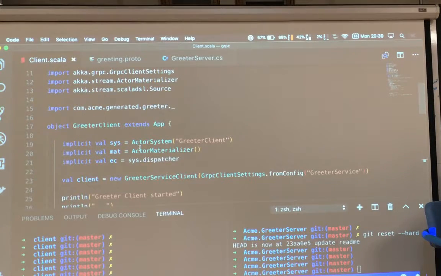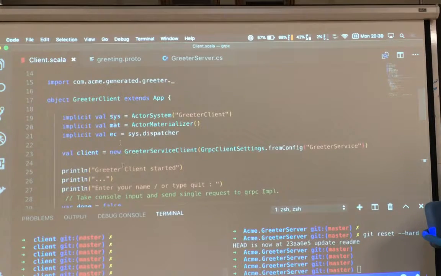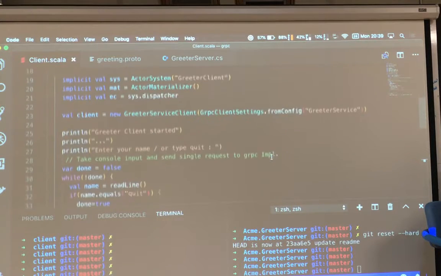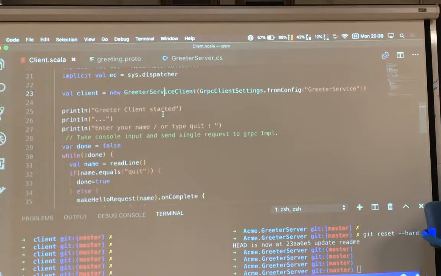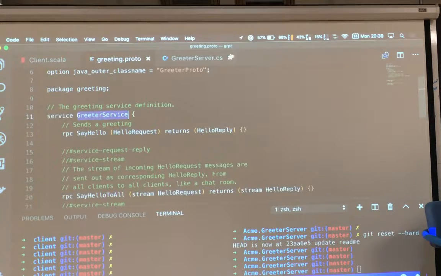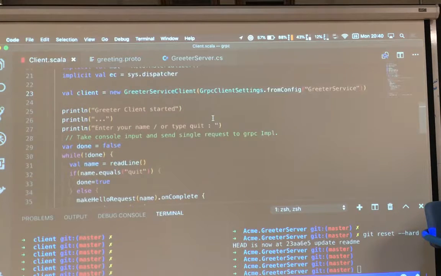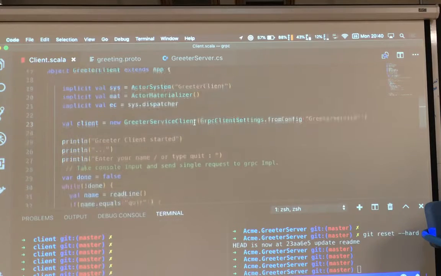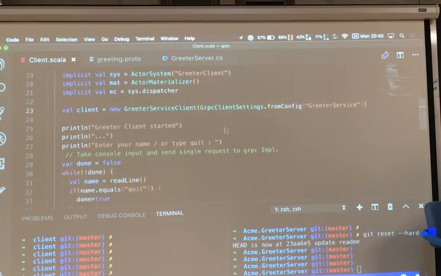So it's pretty simple. We've got a really simple app, and the new root service client is something that's generated from the routing proto. You can generate the client and some settings.